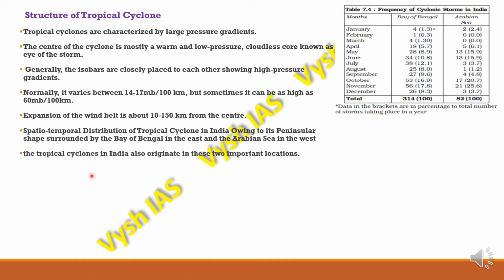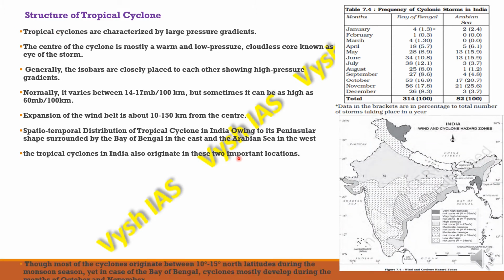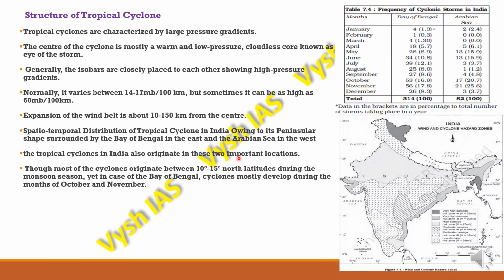So the tropical cyclones in India will originate in these two important locations only. Though most of the cyclones originate between 10 degrees to 15 degrees north latitudes during the monsoon season, in the case of the Bay of Bengal, they will mostly develop in the months of October and November. And here they will originate between 16 degrees to